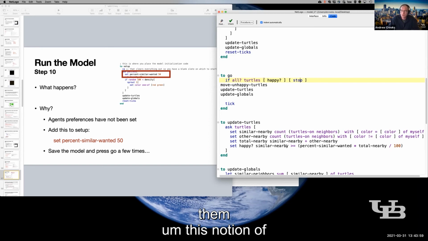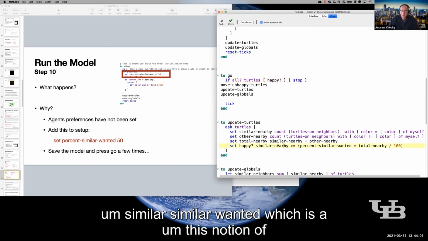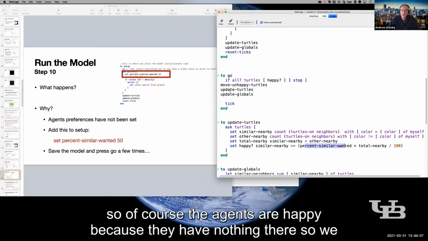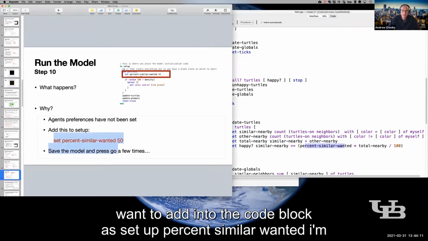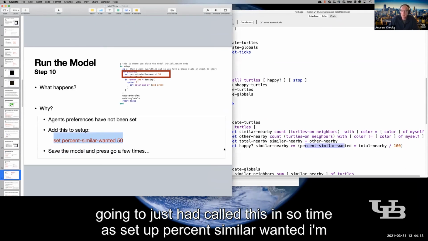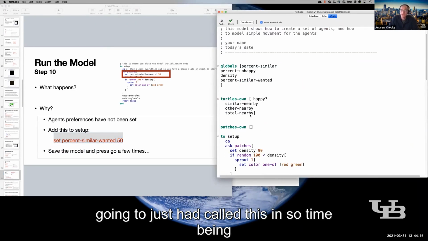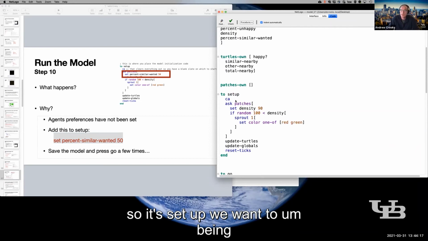this notion of similar wanted, which is a global. At the moment, that's 0. So of course the agents are happy because they have nothing there. So we want to add into the code block at setup %similar wanted. I'm going to just hard code this in for the time being. So it's setup. We want to